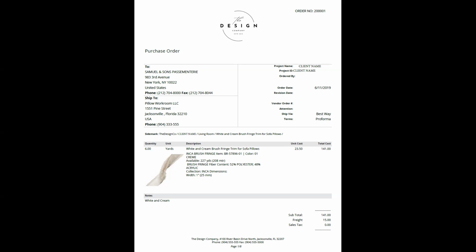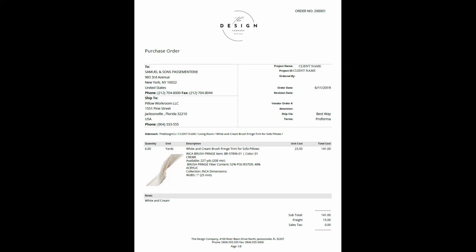Good workrooms will confirm, but sometimes designers want to make sure that the correct product is coming, and so they'll ship it directly to the design firm. The only problem with that is if there's a bunch of living room fabric for lots of different clients, the design firm can very quickly be filled up with fabric.